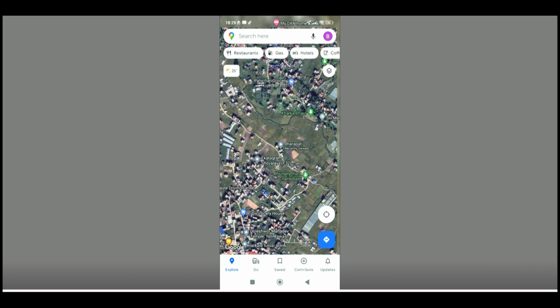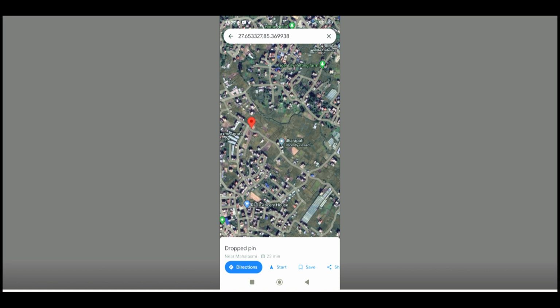The next way is you can just go to the search bar and search for a particular location. When you search for that particular location, the red pin will appear once more. And when the red pin appears, it basically means that you have pinned that location in Google Map. So this is how you can easily pin